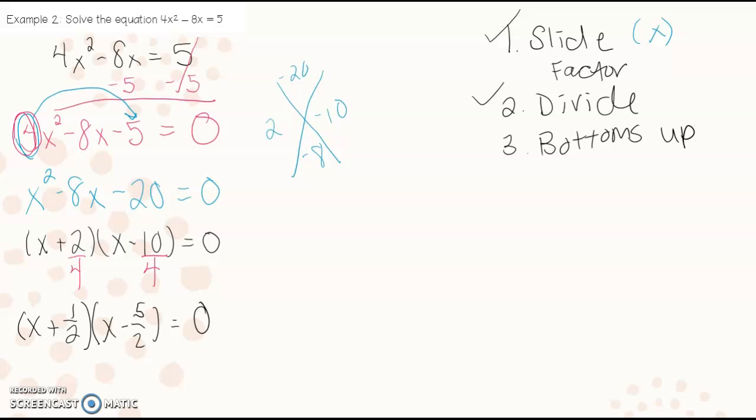And the last step would be to move the bottoms up. So I'm going to take this 2 and move it in front of the x, and this 2 and move it in front of the x. So my factors are going to be 2x plus 1 and 2x minus 5. So I've effectively factored my equation, but now we need to solve them. So we need to set each of these factors equal to 0